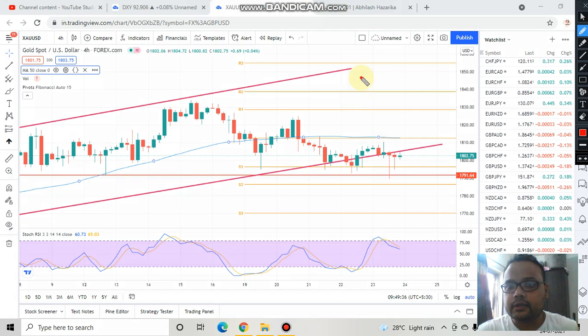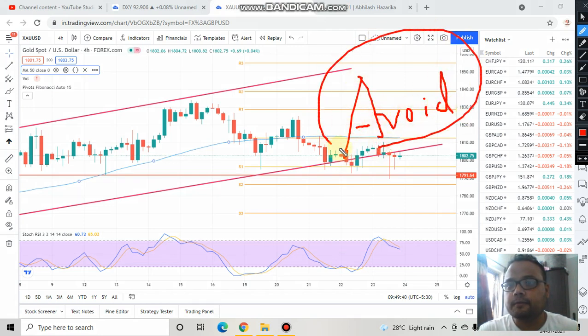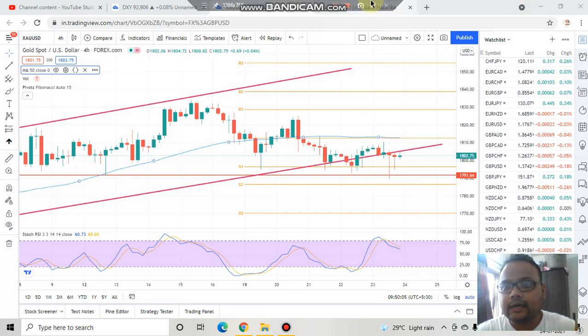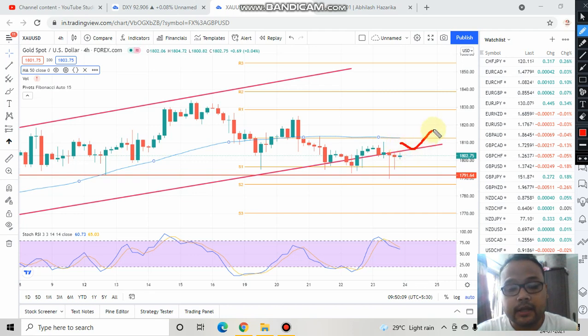Avoid gold USD, because my theory is simple. You should not risk your hard-earned money on a chart that you do not understand. And right now the chart of gold USD is too complicated. Why should you risk your hard-earned money on the gold USD chart when there are plenty of good opportunities available on other charts? Therefore, in my recommendation, you should avoid gold USD until and unless you see some good buying pressure or buying power from this particular level.